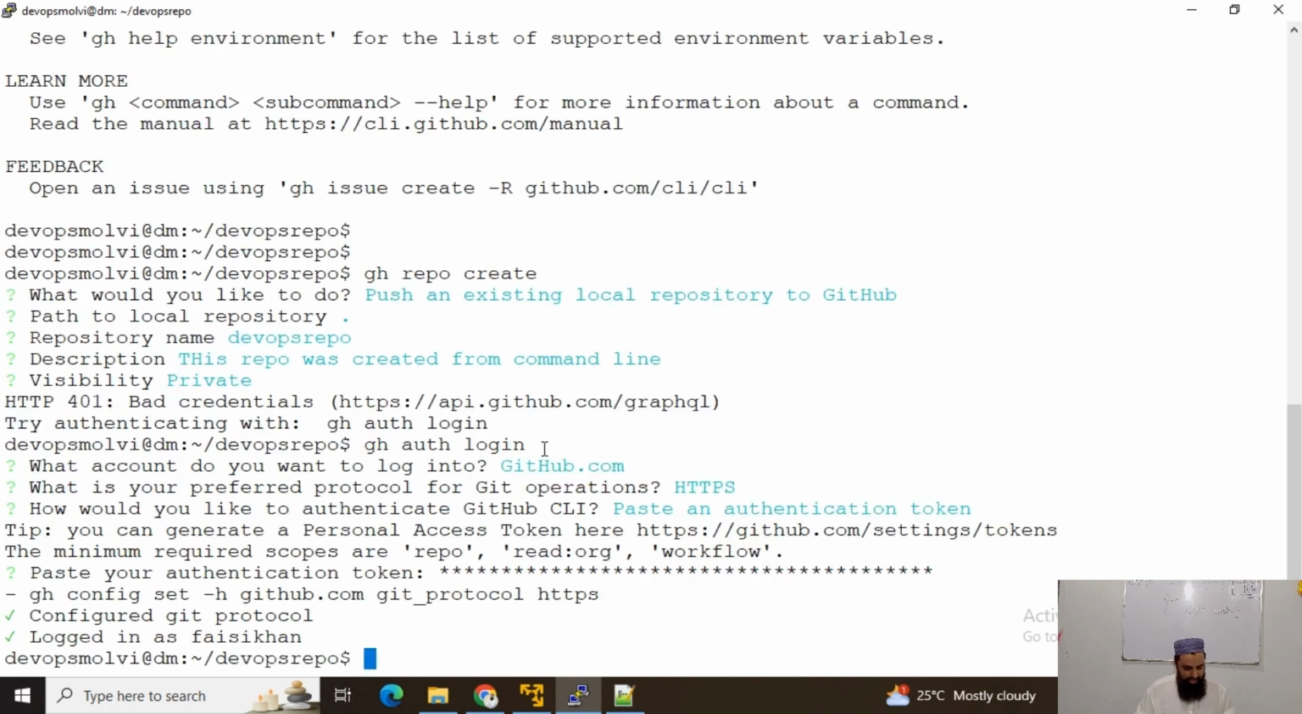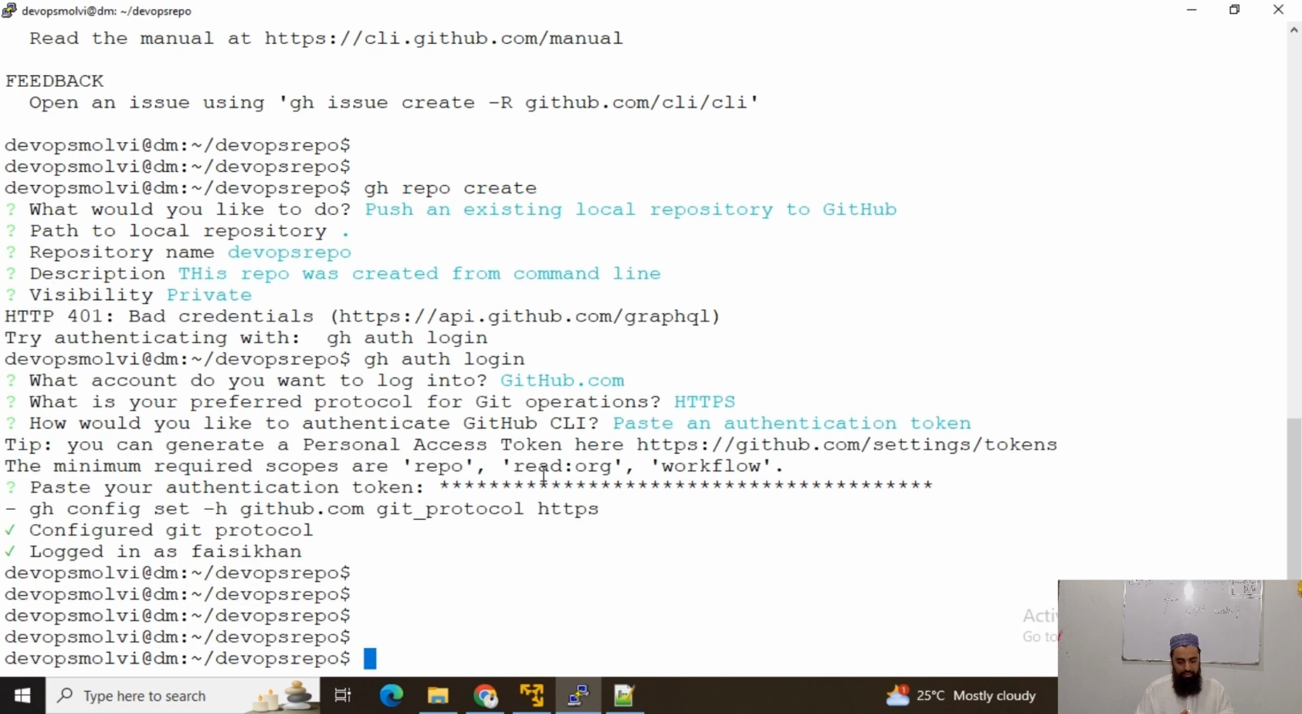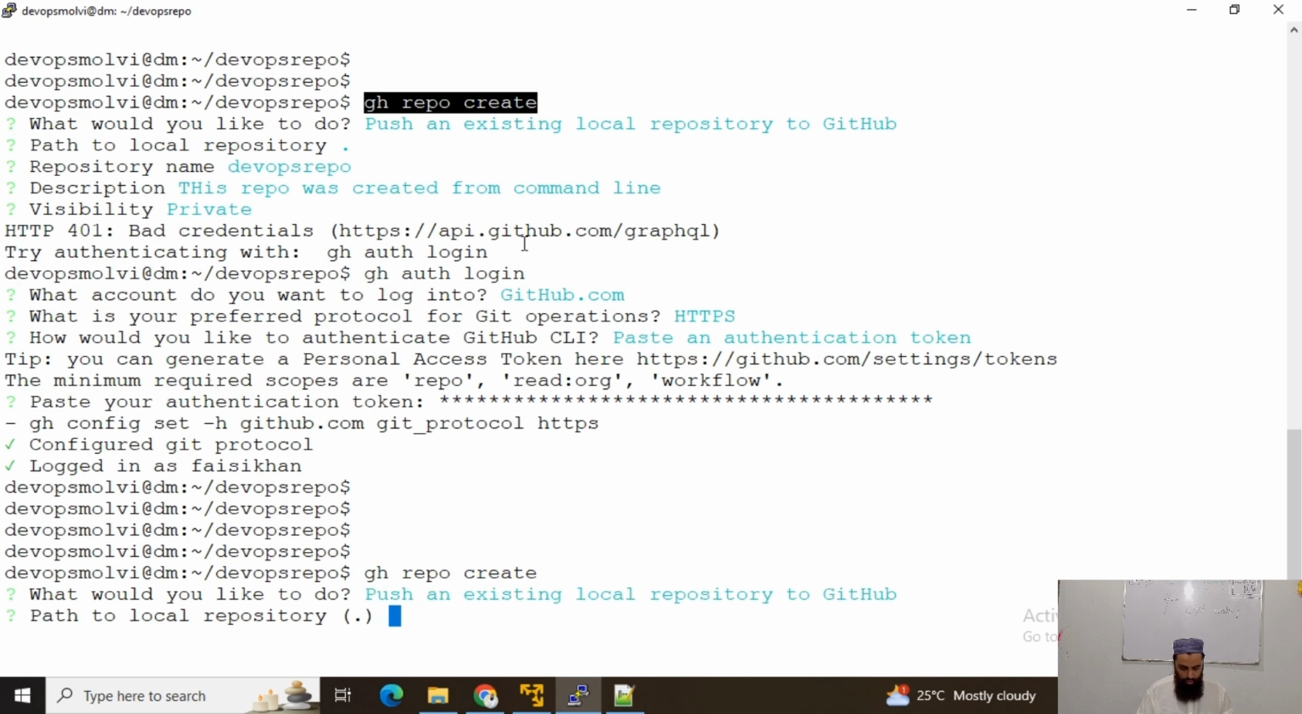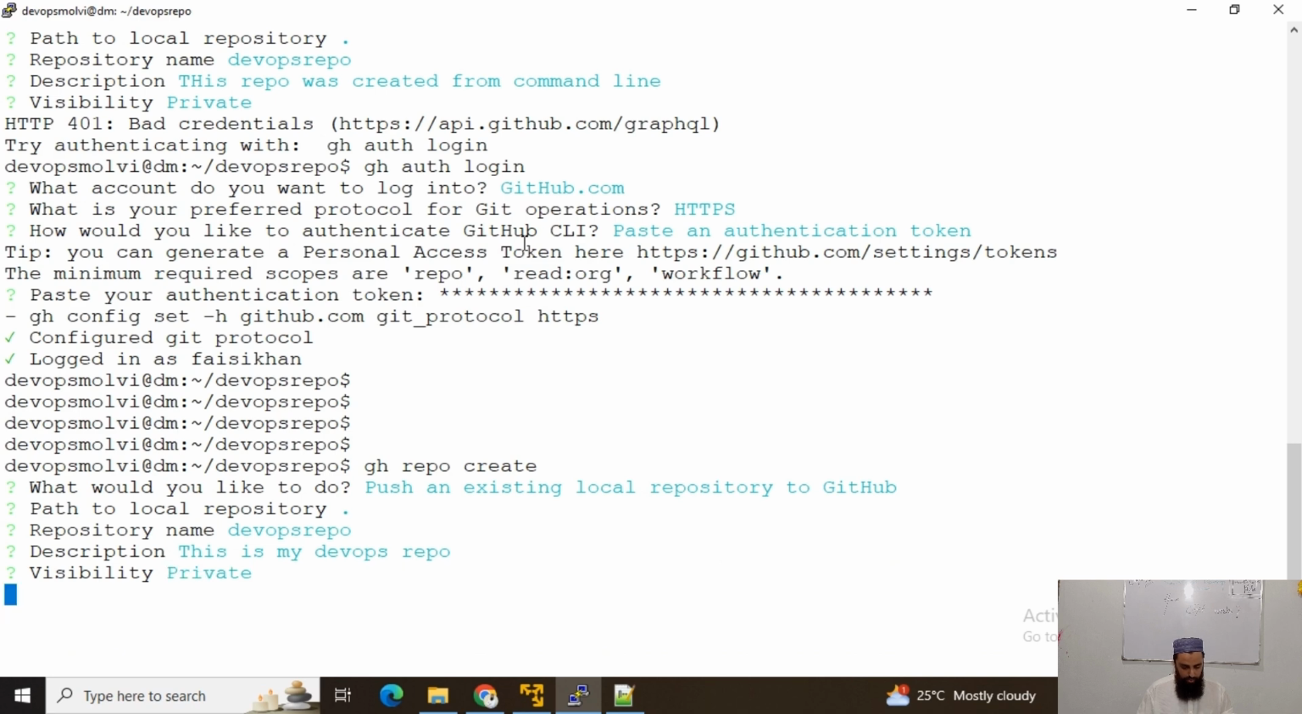Okay, so you can see that our Git protocol has been configured, and we have logged in as Fasihan. So this is my account username. Now I can run this command to create the repository again. So GitHub repository, create a new repository or push an existing repository. Okay, now path to dot and DevOps repo description. This is my DevOps repo, and it would be our private repository,